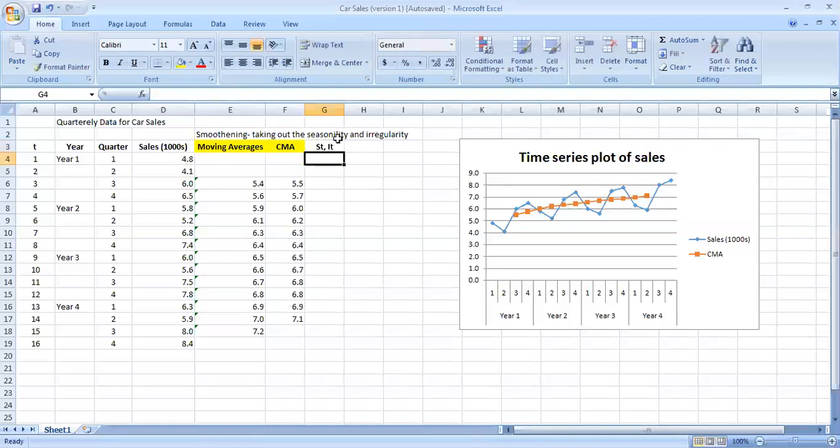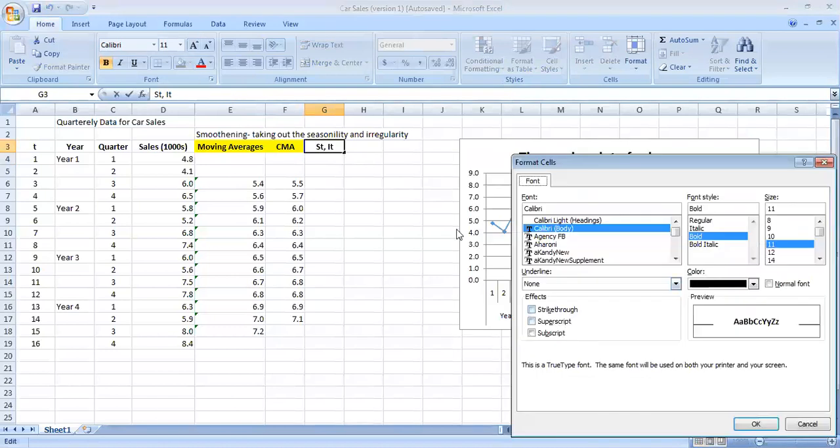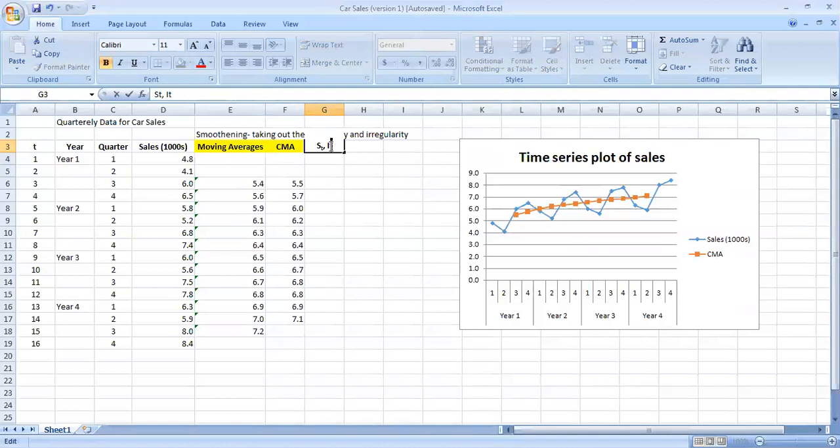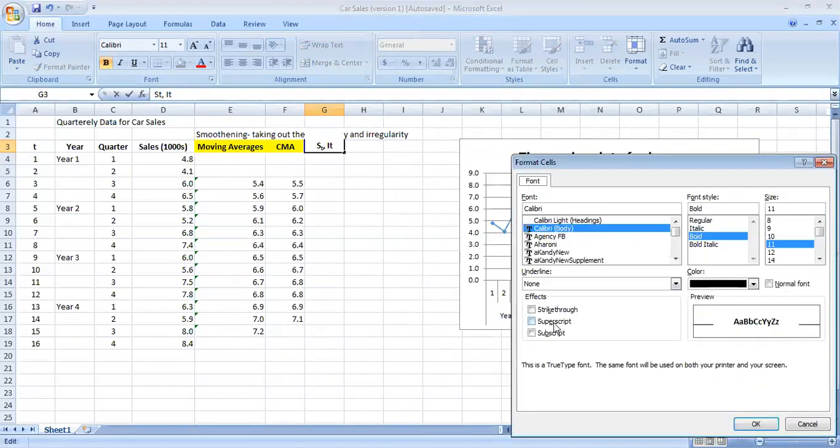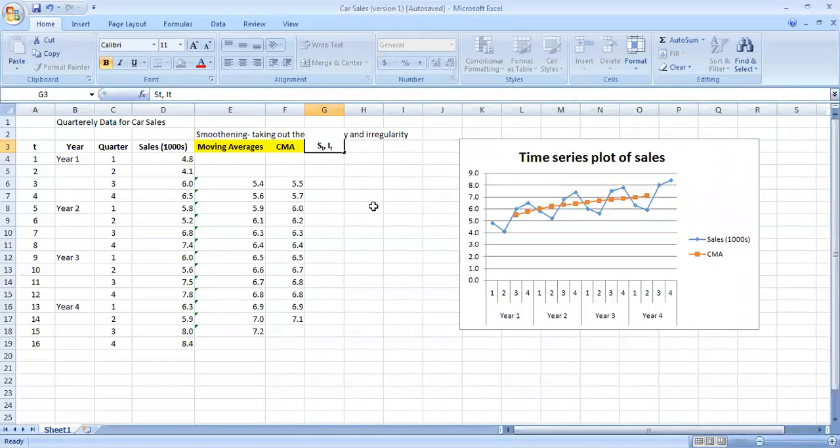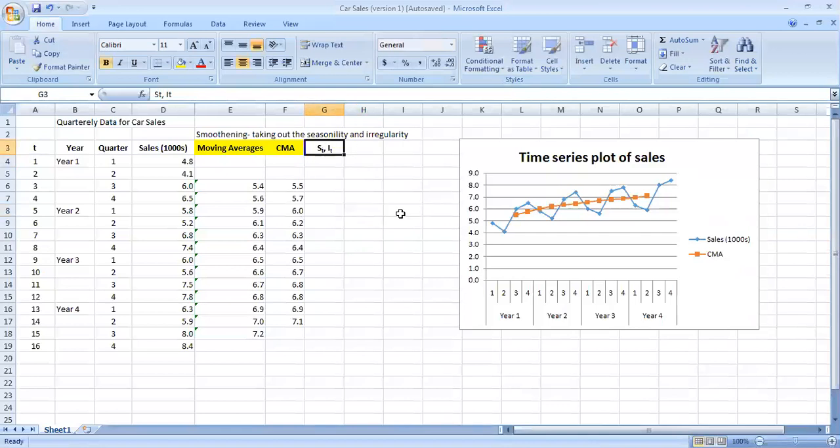Here I'm going to subscript these t values because it's going to be the seasonal component for the time period. So to subscript t, and here t again, go here and subscript. Okay. So in order to come up with the seasonality and irregularity, that means out of these cells to which